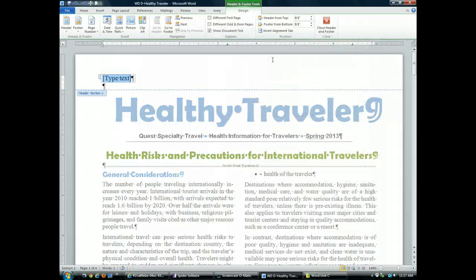When I click on that, what you'll notice is your document text is dimmed, so it can't be edited right now, and the header actually opens up. Also, what you'll notice is at the top, the Header and Footer Tools are displayed. So we are now going to replace this text holder with the text that we want it to say. We want it to say